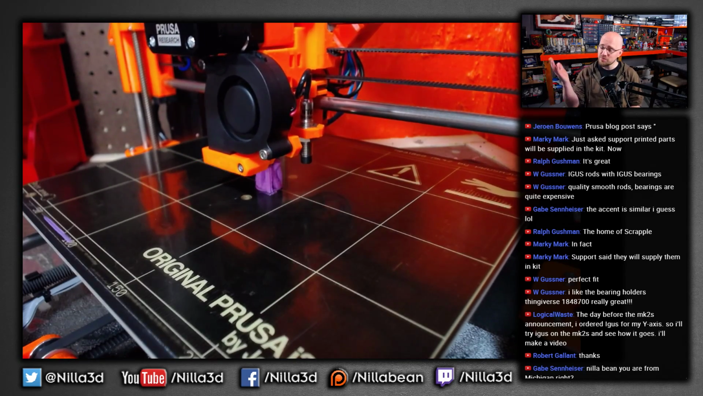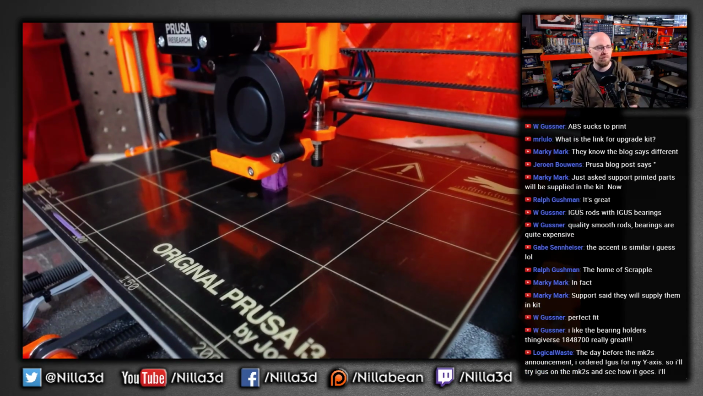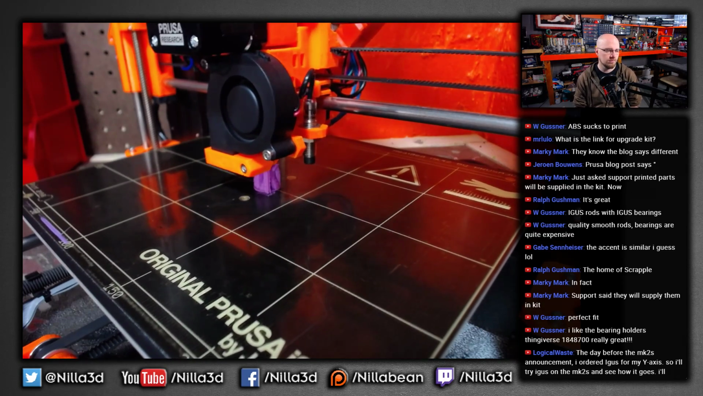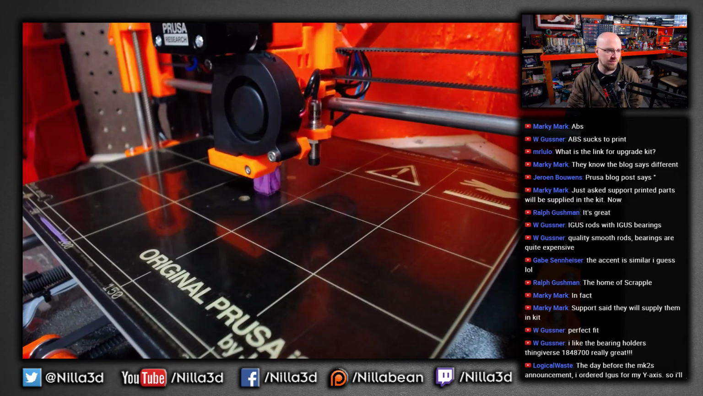But Gusner, I almost bought the Igus rods, but I was kind of worried about them being aluminum. It might have been an irrational fear that wasn't really justified, but